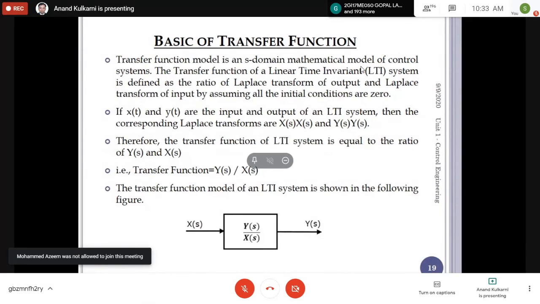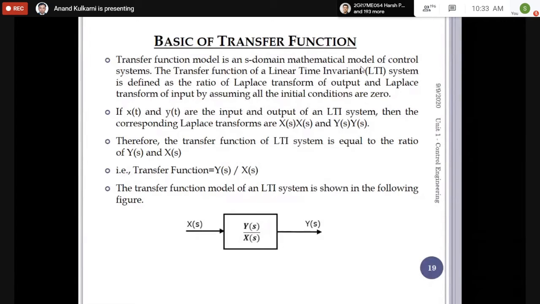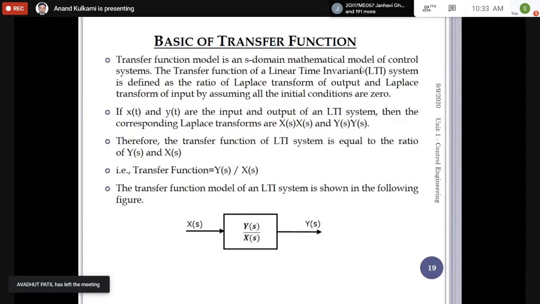So we are going to discuss only linear systems and time invariant systems, and we are taking the Laplace transform of output and the Laplace transform of input and dividing the Laplace transform of output by the Laplace transform of input, thereby finding the transfer function. See, when we take a Laplace transform, that means we have to associate what is known as